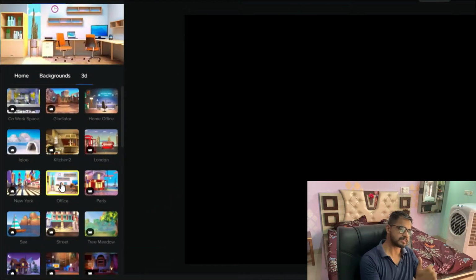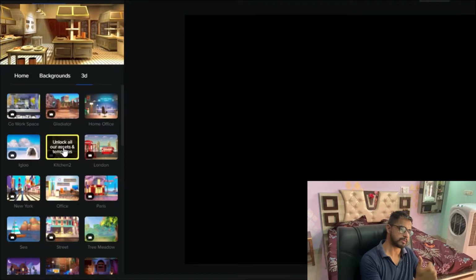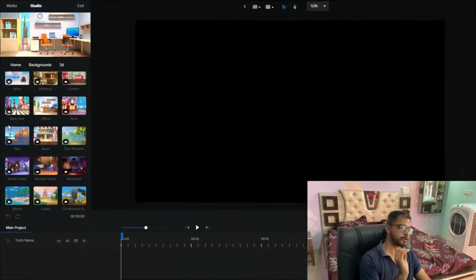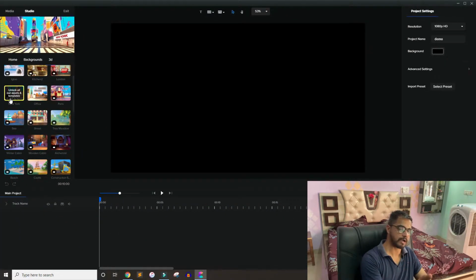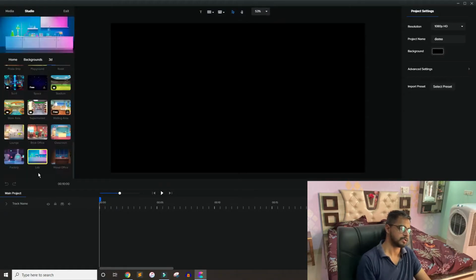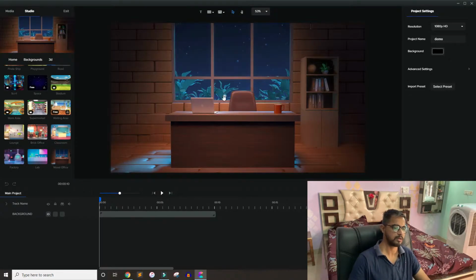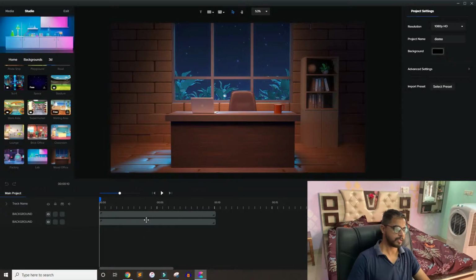In the front-end version some things are included, but for some things you have to upgrade to their all access pass. It is a monthly payment, and this is a beauty. You can view it, but whatever you are getting in this all access pass, you can upgrade later on at any time. It's not an OTO kind of thing like now or never. It's not like that. So I have just dragged and dropped and it will be added.